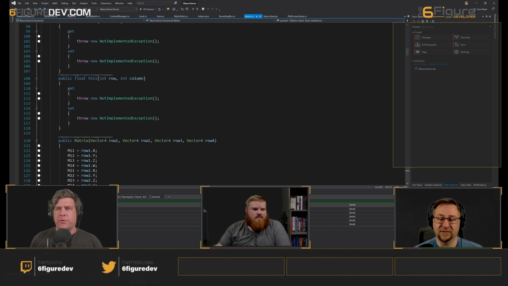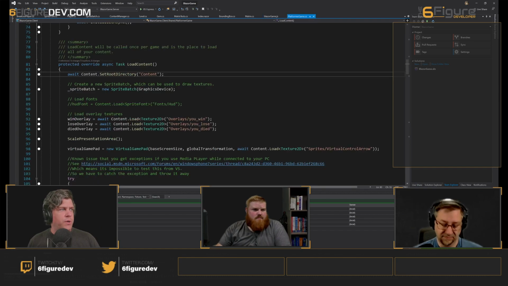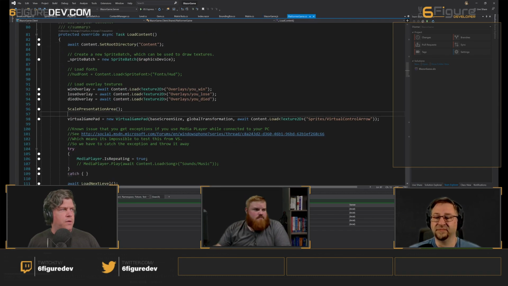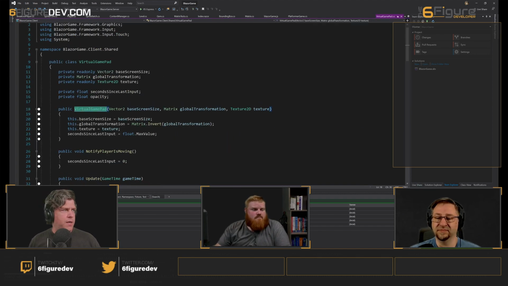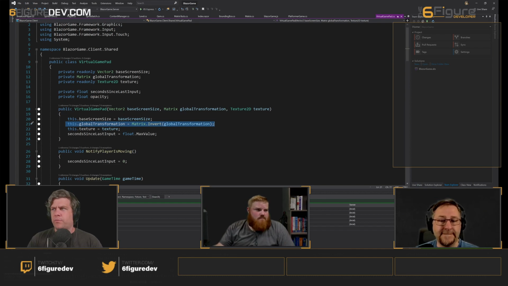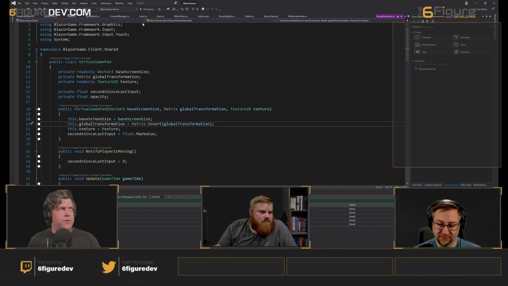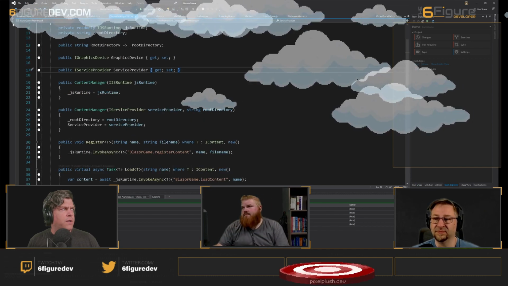We did an inverse matrix calculation because that's what was in the game code we were dealing with, somewhere in the virtual gamepad. Yeah, right here. So this global matrix transformation stuff, we finally got that working, which leapt us forward a little bit, and we got to a place in the, not the content manager,